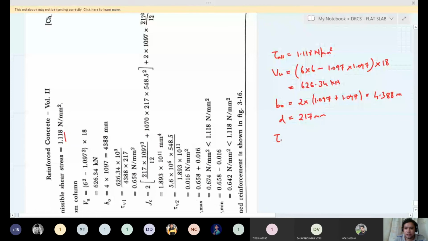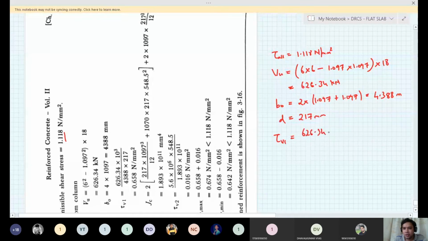So you can find out the shear stress. So tau v, we call it tau v1, is equal to 626.34 into 10 to the power 3 divided by b naught, that is 4.388 into